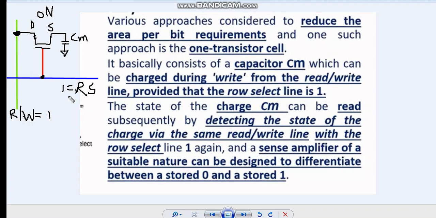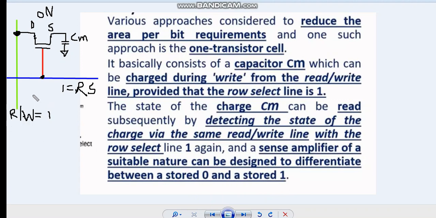The state of the charge on CM can be read subsequently by detecting the state of the charge via the same read and write line with the row select line equal to 1 again, and a sense amplifier of suitable nature can be designed to differentiate between the 0 and the stored 1.